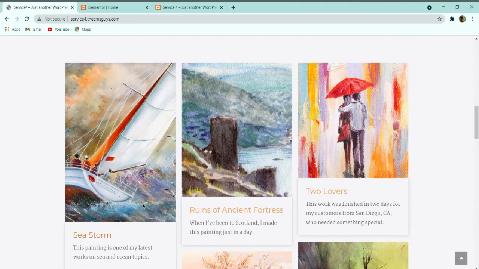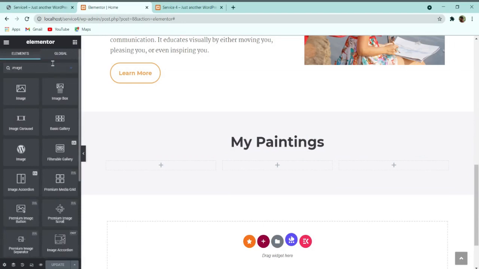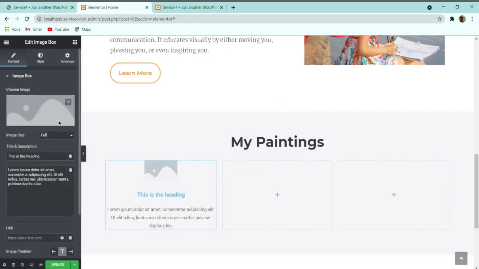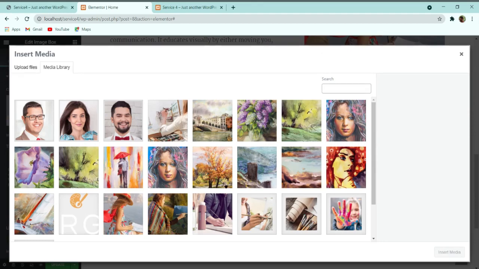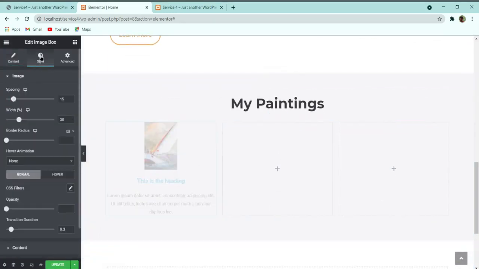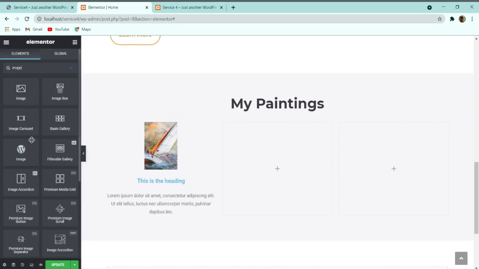First of all, a single widget we will create. After that, I will tell you a secret how you can easily create the other things very fast. So now let's start creating this. To design this, first of all I have to go to this element section, and here I have to search for image box. So you can simply drag this image box here, and then here you have to select the image. So let me first select the image. So here you can see that this is the zip image. So let me select this one, and then here I will click on insert media. After that, here you can use this image box, or let me search for another image box.